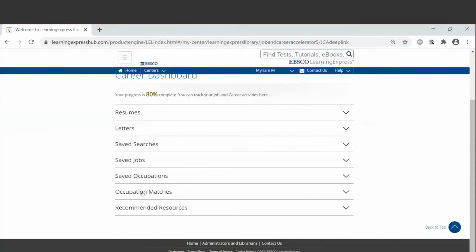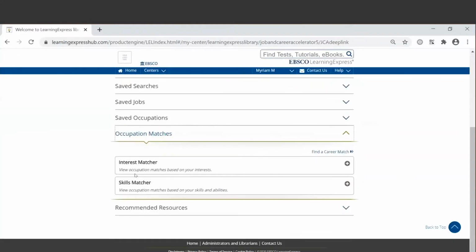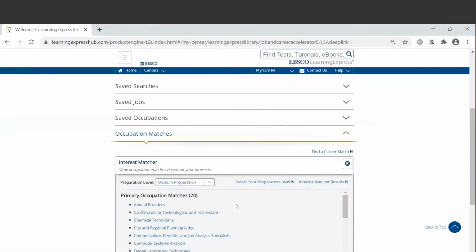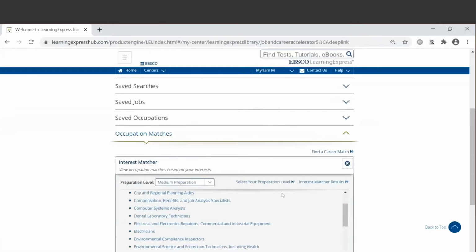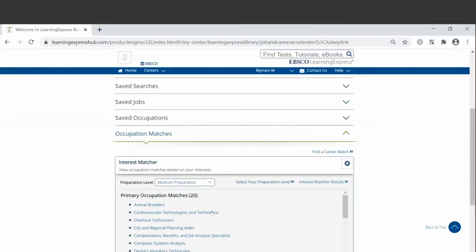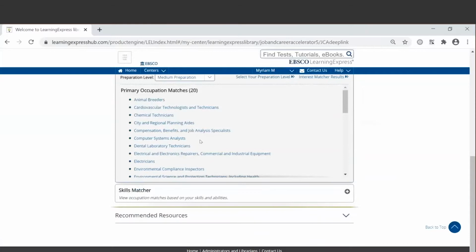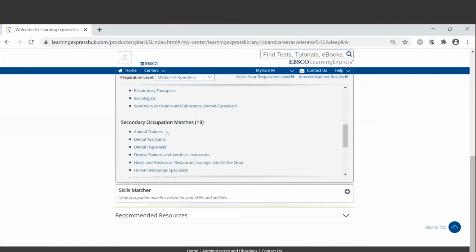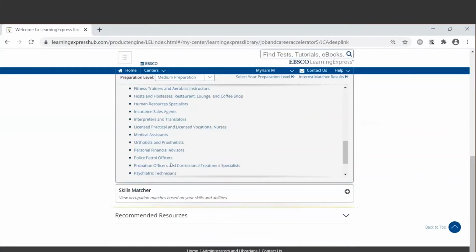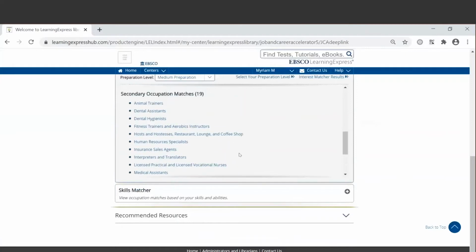Going into my Center dashboard under occupation match, we have our interest matcher as well as our skills matcher. You'll see here my 2 highest scoring interest categories, and I'll get a list of my primary occupation match as well as my secondary occupation match. Your users can take a look at the list and see if anything sparks their interest.